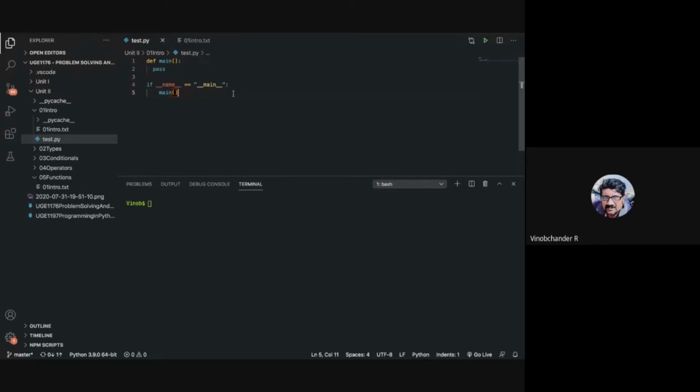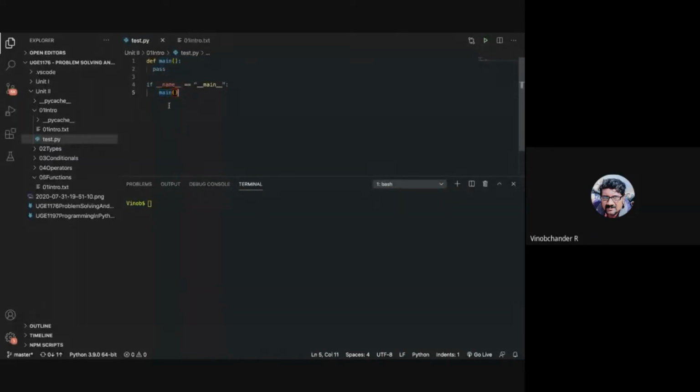And Python, out of the box by default, doesn't support forward declarations. As you can see here, I am calling the function in line number 5 and defining the function in line number 1. So this is not forward declaration.